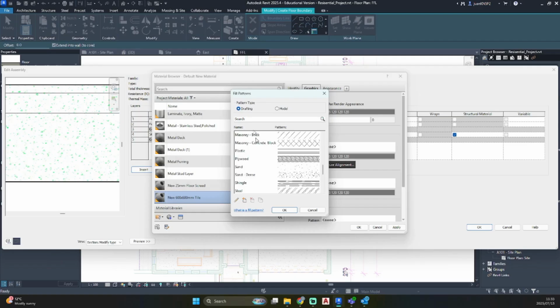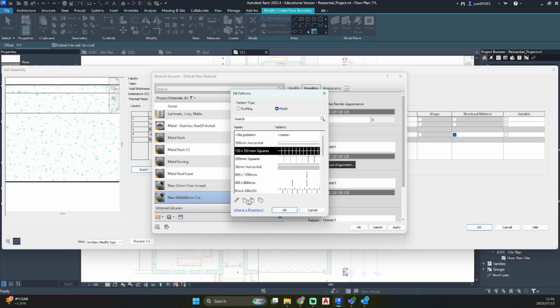So we can scroll under drafting. You can see there's no indicator of tiles. Let's check if there's something under model. We'll see 150 by 150 squares, blocks, wood. So let's go ahead and click on the 150 millimeter squares.